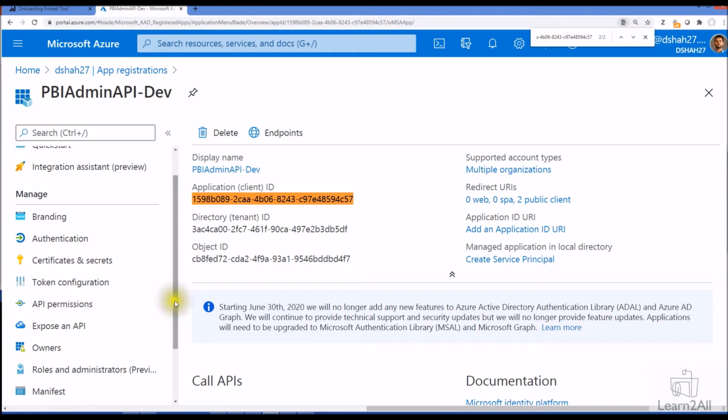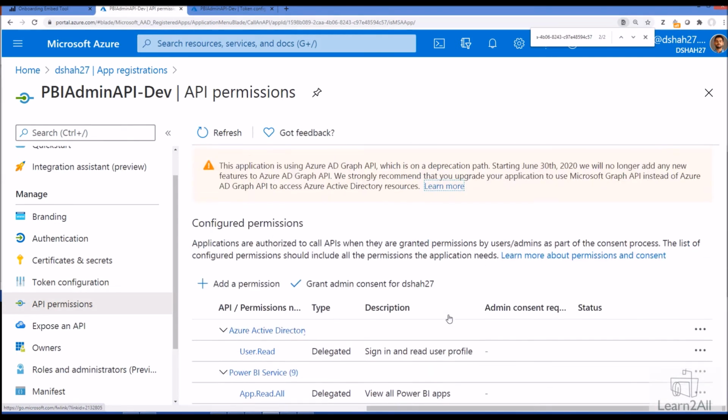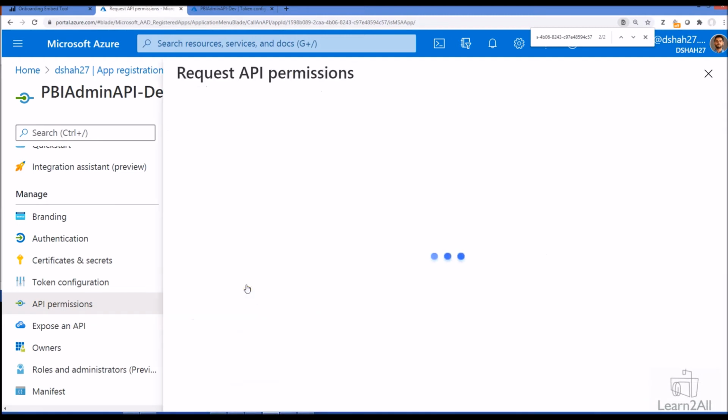From the left navigation, just click on API permissions over here. Once we open that, we have all applied permissions over here, right? Now from here what we need to do is click on add a permission.